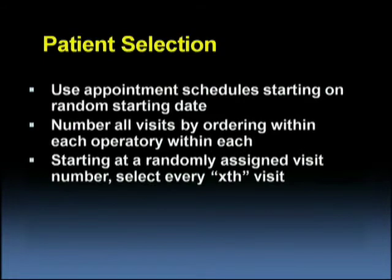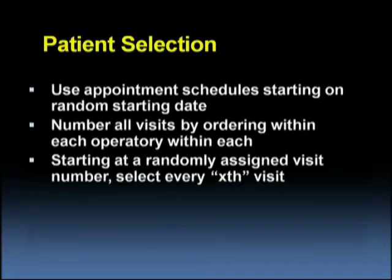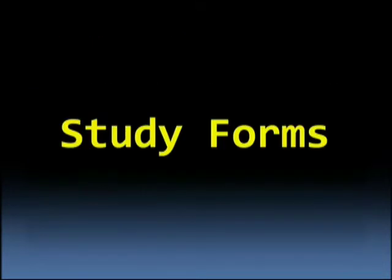We randomly selected patients to participate. You started on a certain date. We just finished the enrollment. When did we stop? 2 weeks ago? I think it was about a week ago. I think end of February. Okay, yeah, so it was last Monday. We just finished the last few patients, right? So we have almost 1,800 patients in the 3 age groups. And you had a random method, and I think we talked about, we altered that slightly, but it still complied